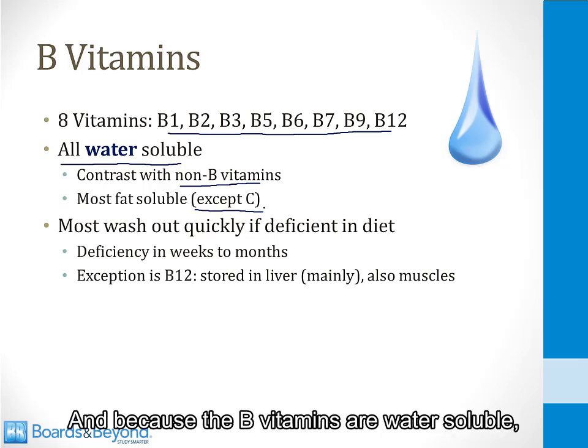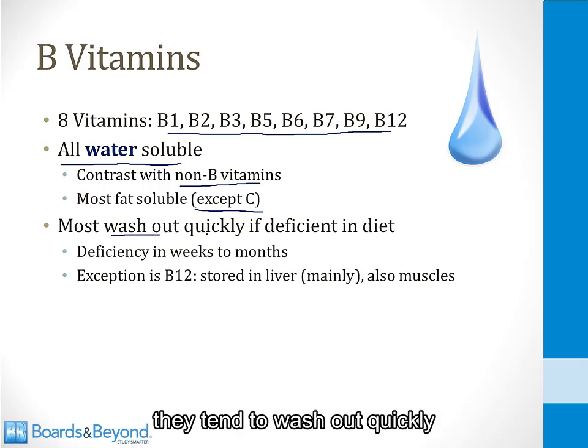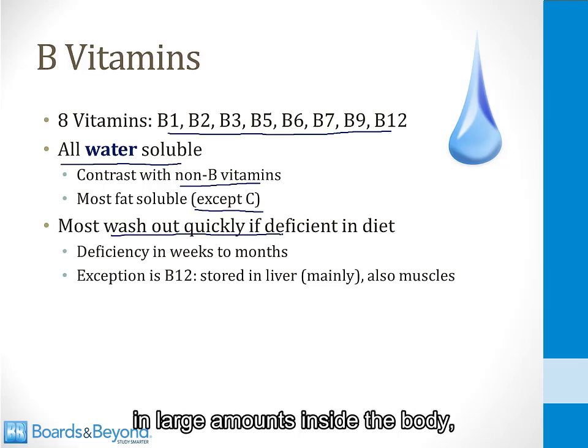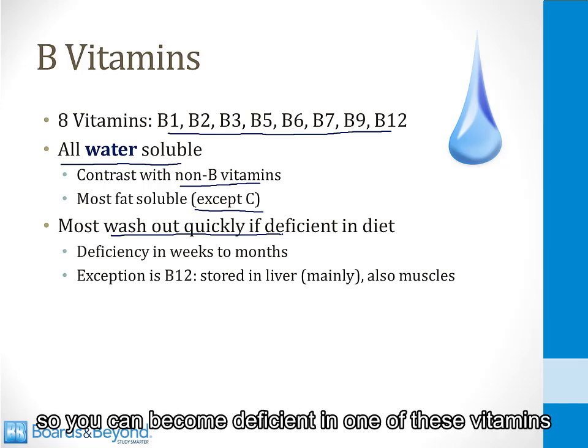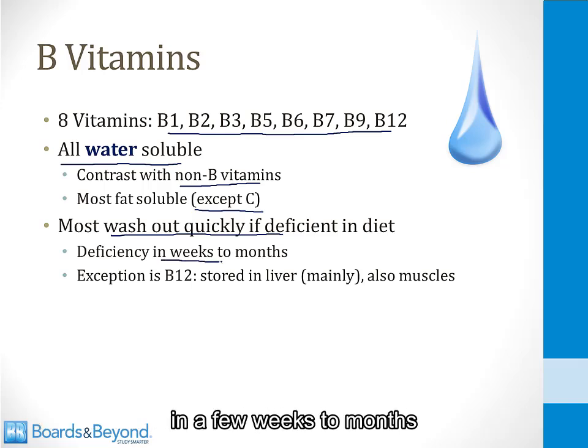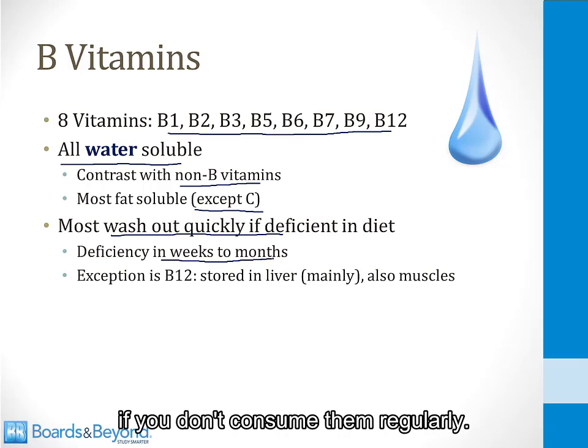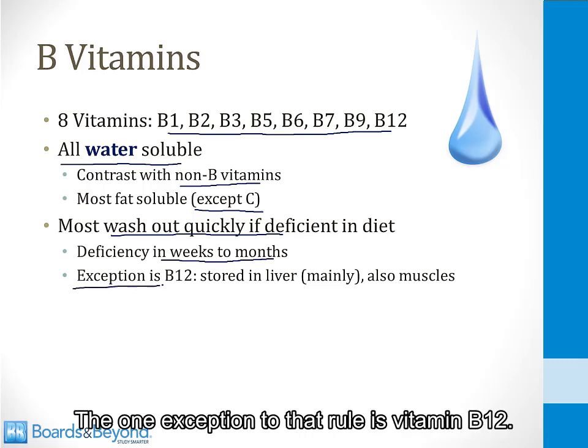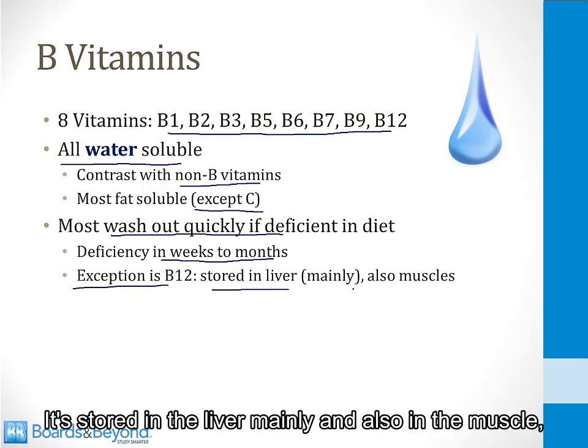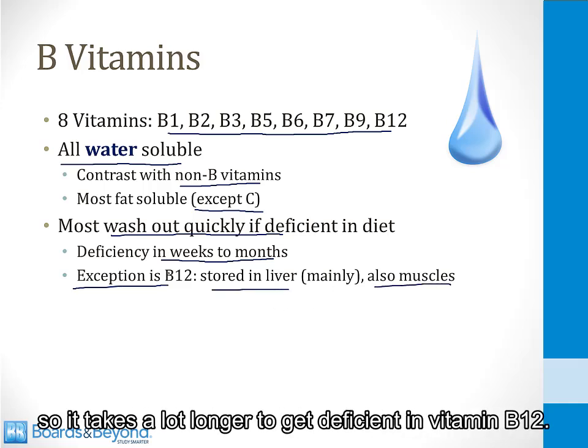And because the B vitamins are water soluble, they tend to wash out quickly if they're deficient in the diet. Most of them are not stored in large amounts inside the body, so you can become deficient in one of these vitamins in a few weeks to months if you don't consume them regularly. The one exception to that rule is vitamin B12. It's stored in the liver mainly and also in the muscles, so it takes a lot longer to get deficient